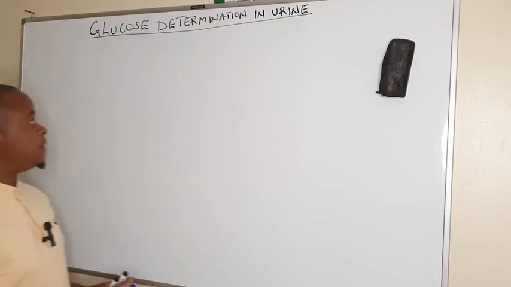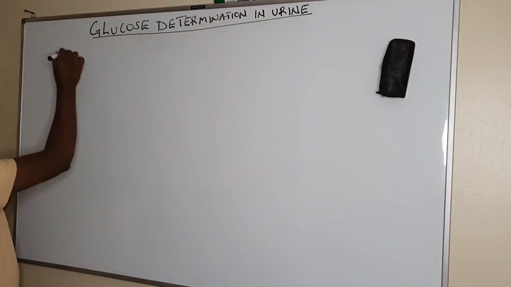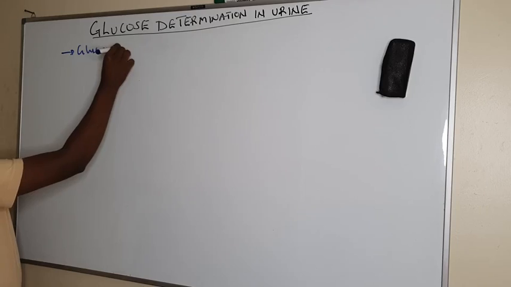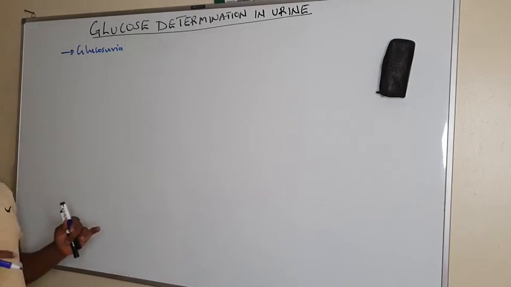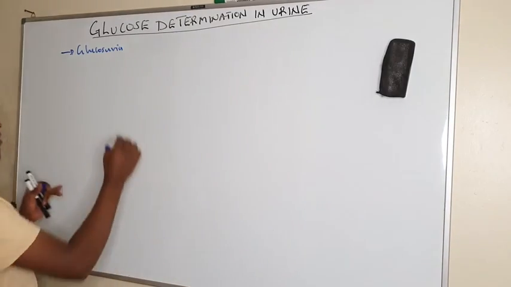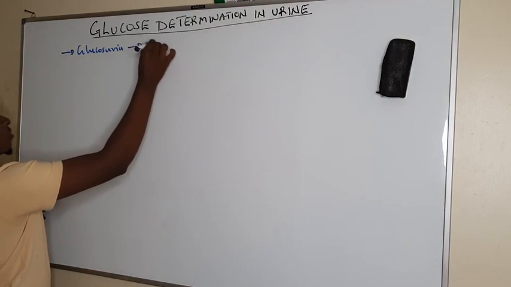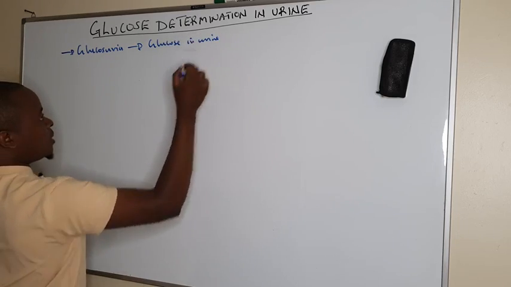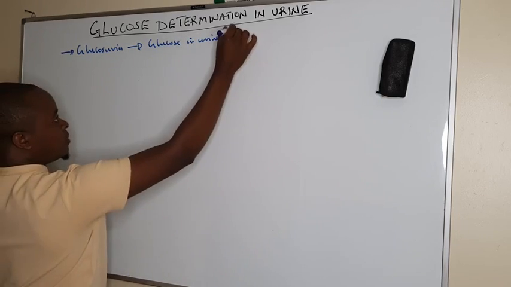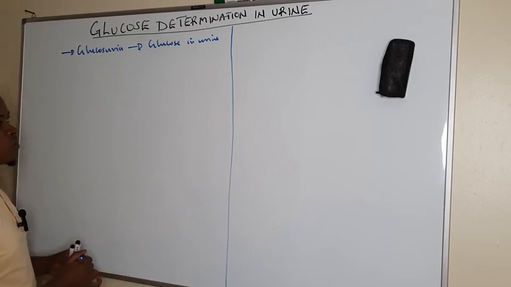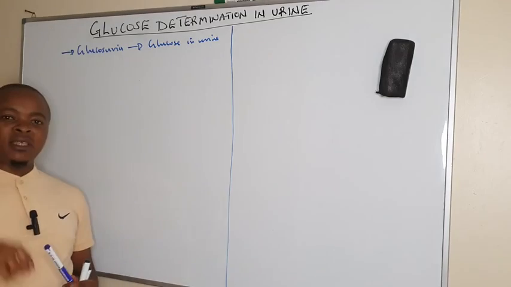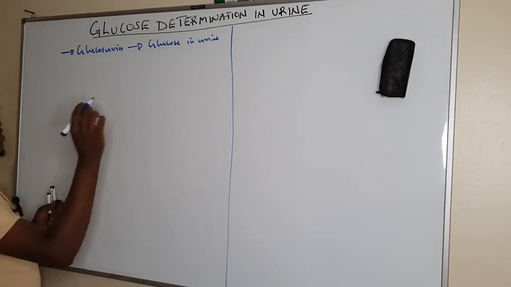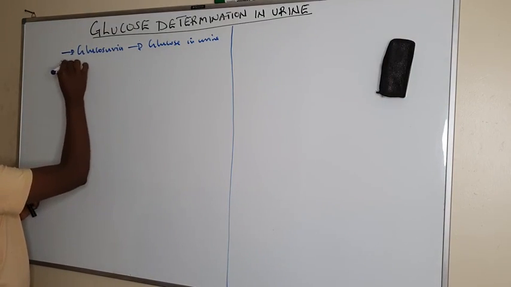So we are going to see that glucosuria, or what we can call glycosuria, is presence of glucose in urine. That is what we can call glycosuria, presence of glucose in urine. And this is presence of glucose in urine greater than the normal,